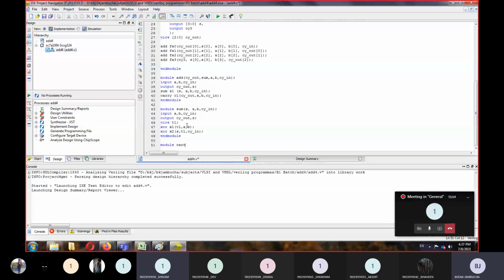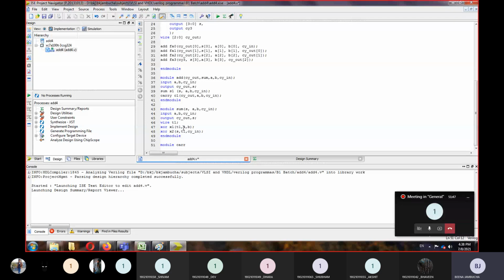ओके. यस मैम वहीं से। Okay, so this is a one full adder, right? And one full adder contains two more modules, right? ऐसा भी हो सकता है आप एक ही मॉड्यूल में सम एंड कैरी दोनों डिफाइन कर सकते हो, बट as we want to make the use of number of modules, I am using different modules, right? मैं एक ही मॉड्यूल में ये सारा सम और कैरी फाइंड कर सकती हूँ, बट देन आफ्टर we are going to use two modules just to understand it and just to practice it.